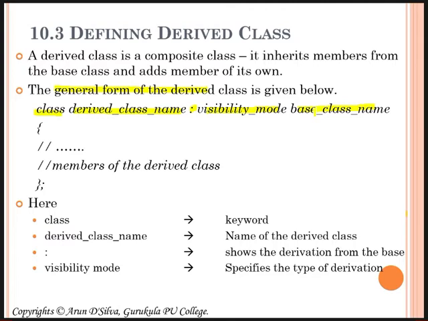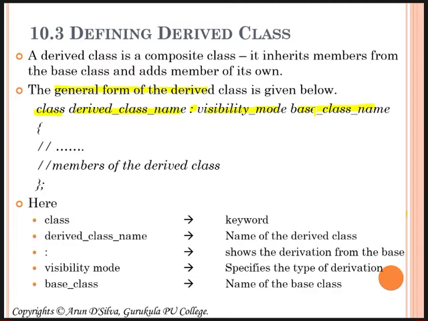So it specifies the type of derivation. And the next one is the base class, meaning the class from whom you are deriving. That class name you have to write. This is the general form of a derived class.